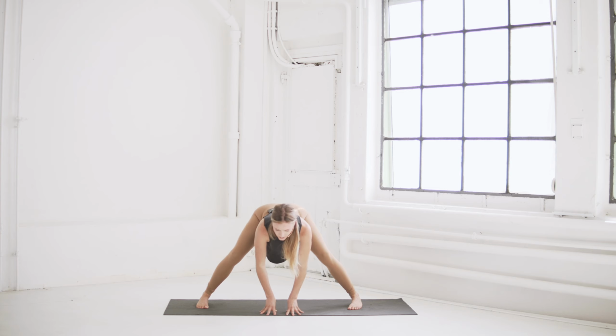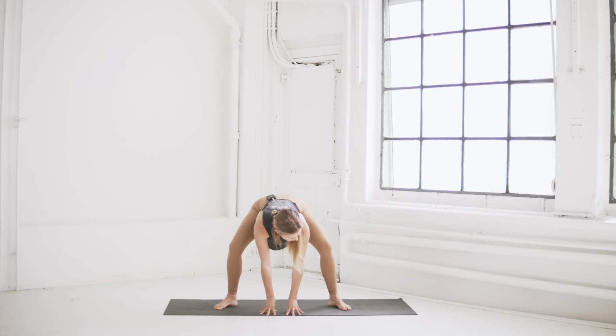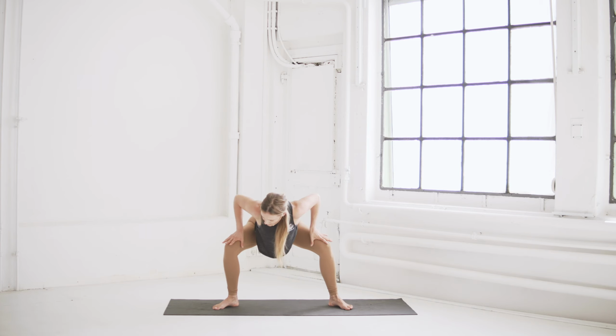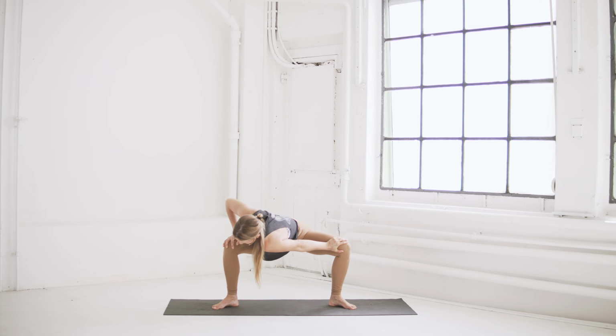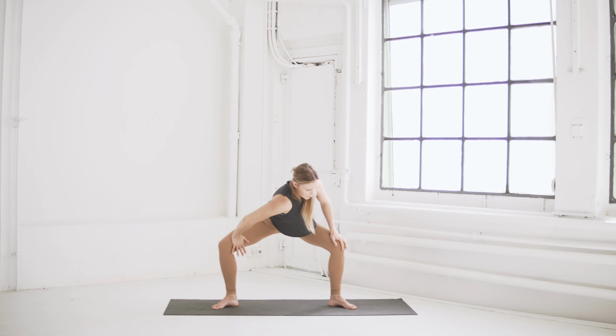Next time, walk your hands underneath your heart. Walk your feet closer in, toes turning out, heels right underneath your knees. You're going to lift your hands onto your legs. And then as you exhale, bend your knees even more, pelvis in line with your knees. Drop the left shoulder and just allow for yourself to sit into that trust, into the joyfulness of your practice,